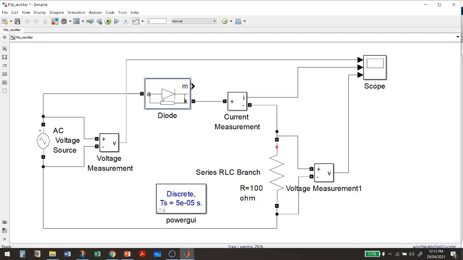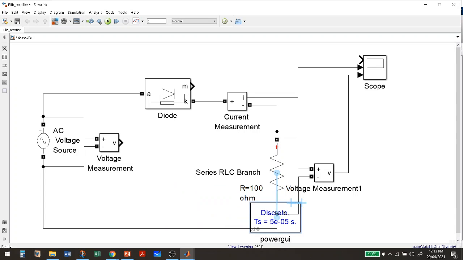Now what we can do is make this a bridge rectifier. The rest I will keep as it is.